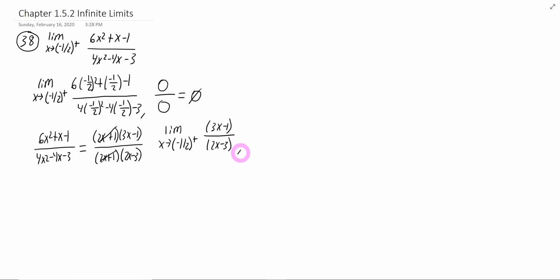So what we're going to do is our direct substitution for this one. What's going to end up happening is we're going to get, I'll put the parentheses here, 3 times negative 1/2, like so, minus 1, all over 2 times negative 1/2 minus 3. We're going to close off the parentheses there, and this in turn is going to give us a result of negative 5/2 in the numerator. So we're going to put this in parentheses. It's making a complex fraction here, all over negative 4, which if we simplify this down, we're going to end up with a limit equaling 5